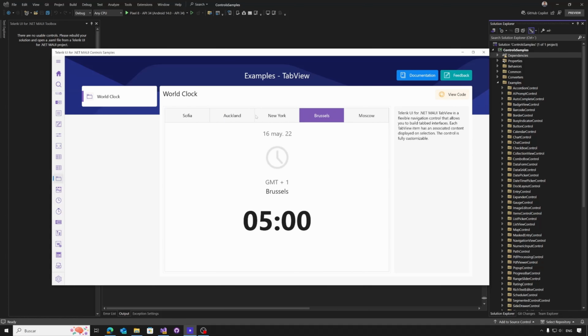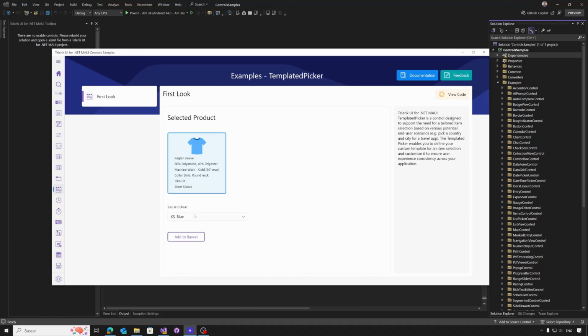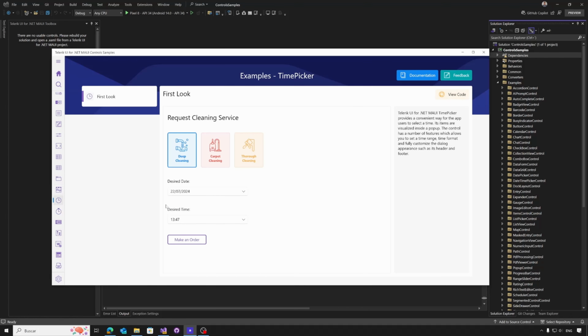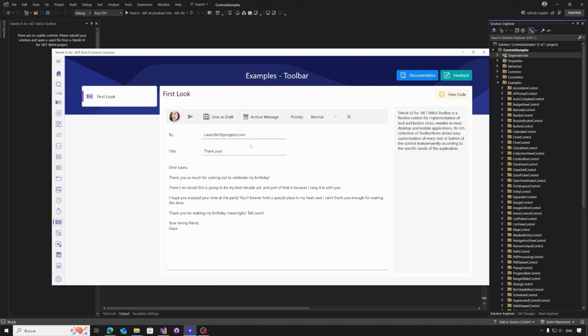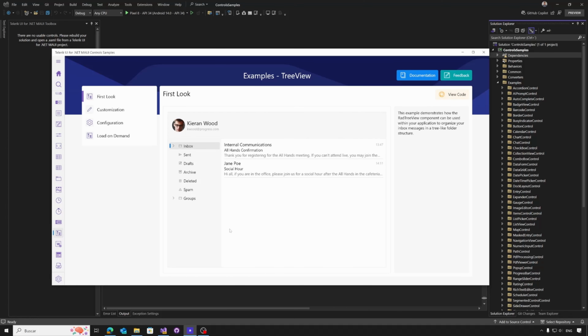Then we have the tab view control that allows us to create tabs, the template picker that allows us to customize any of the content from the picker, and the time picker to select and choose items like we have seen before with the date picker. There are two formats with the time picker also. And then we have another interesting control, especially for desktop, and it is the toolbar, allowing to create custom toolbars,